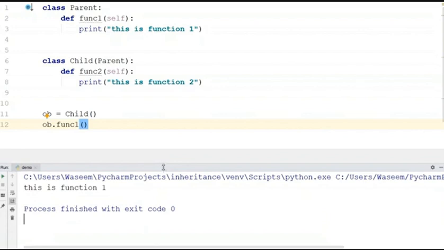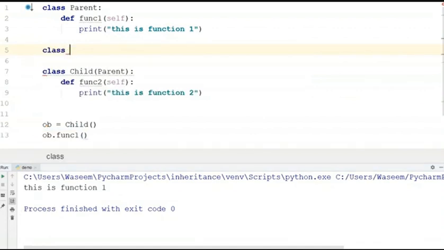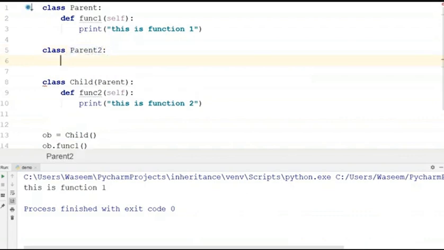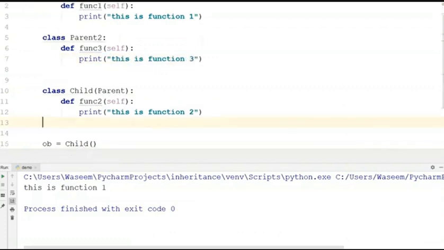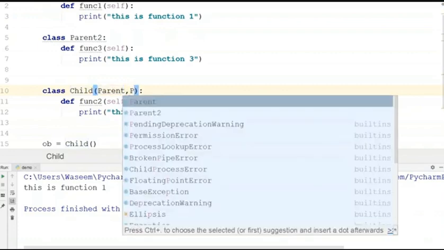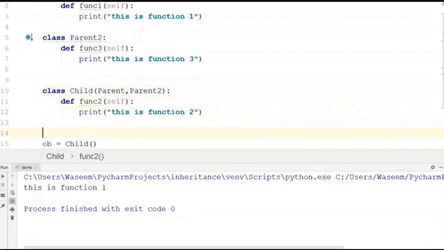Now talking about multiple inheritance, what I'm going to do is I'm going to make one more class over here. Let's say class parent2. Now what happens is, let's say give it a function number 3, and print statement this is function3. And in the declaration over here, I'm going to just specify two classes, and when I call the functions,